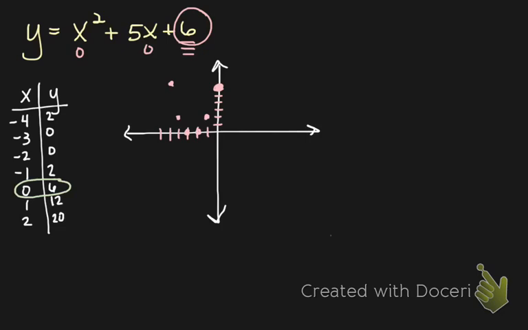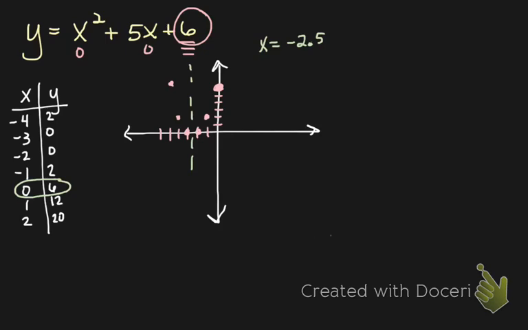So we know our vertex is going to happen somewhere in the middle because of our line of symmetry being dead center. And in this case, our line of symmetry is going to happen at x equals -2.5, since that lies right in between our x-intercept values. So if we would like to find the exact coordinate point of our vertex, all we have to do is plug in -2.5 into our equation and solve for the y.